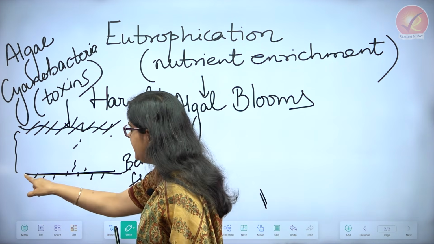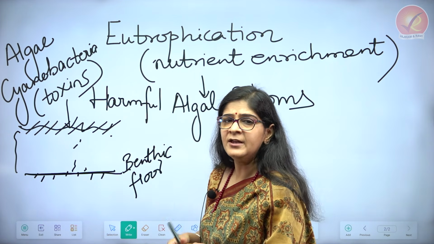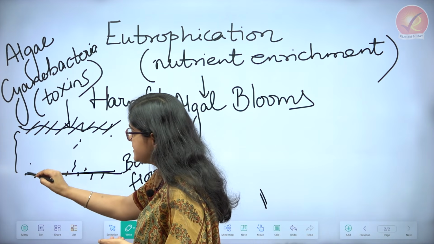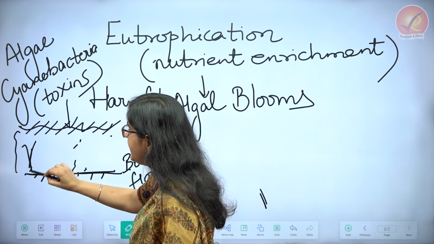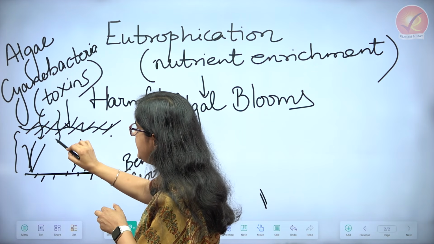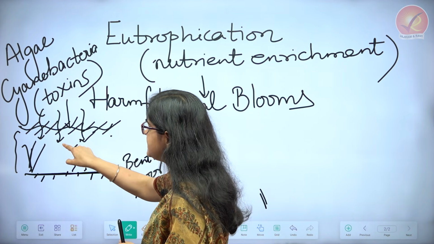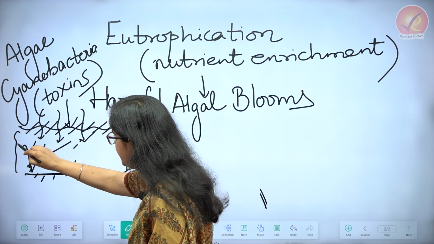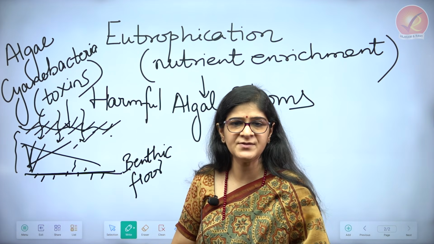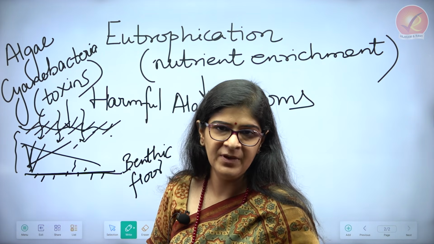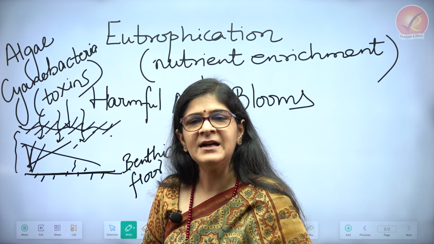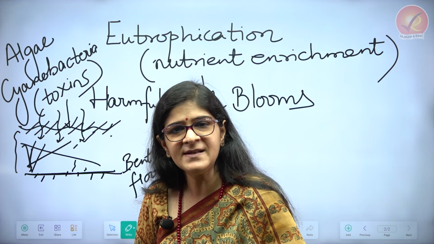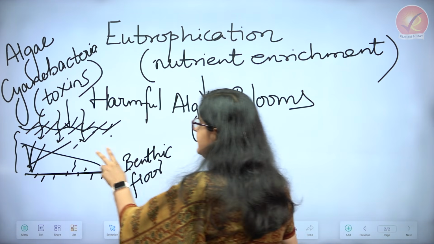Now, at the benthic surface, there are going to be certain plants which may be growing. They may have their roots, so they may be rooted over here, they may be growing over here, and they depend upon the sunlight penetrating into the water body. But if sunlight is not able to penetrate into the water body because of the algal bloom, these plants which are growing at the bottom, this benthic vegetation as we are going to refer to it, starts dying. So photosynthesis is not happening, its body processes get compromised, and that is when it starts to die.